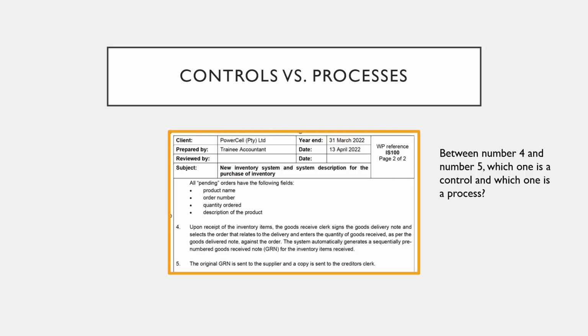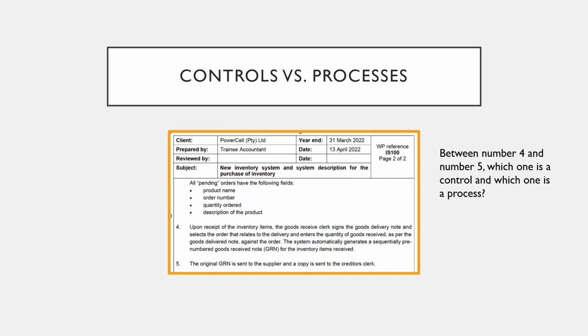So you'd have to inspect the signature of the goods delivery note, to ensure that the goods received clerk signs for these goods. And what's that preventing? That's preventing this part of inventory items not being received,